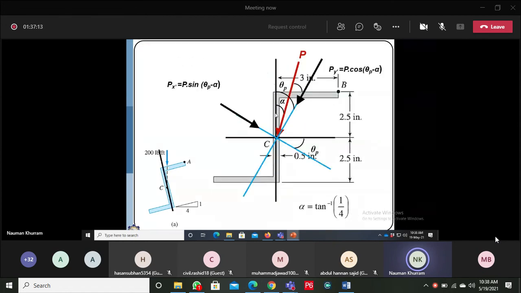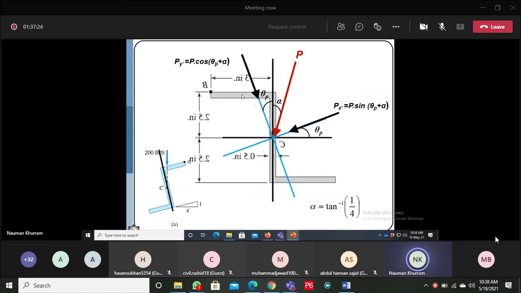For example, the central axis will be the same, and the orientation of the load, alpha, will be the same, on the clockwise direction. But the only difference is that in this case the product moment of inertia will be negative, so theta p will be positive. So the orientation of the principal axis will be in the counterclockwise direction, theta p. This will be the x principal axis and this will be the y principal axis. So the principal axis will be on the other side. The angle of the load from the centroidal axis is alpha, and theta p is the orientation of the principal axis from y.